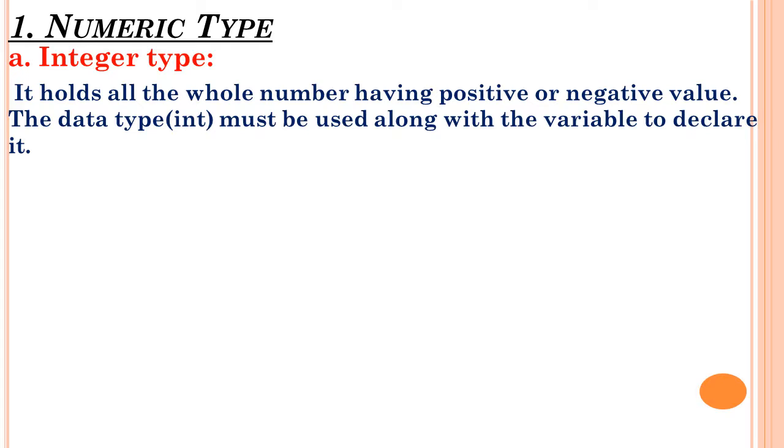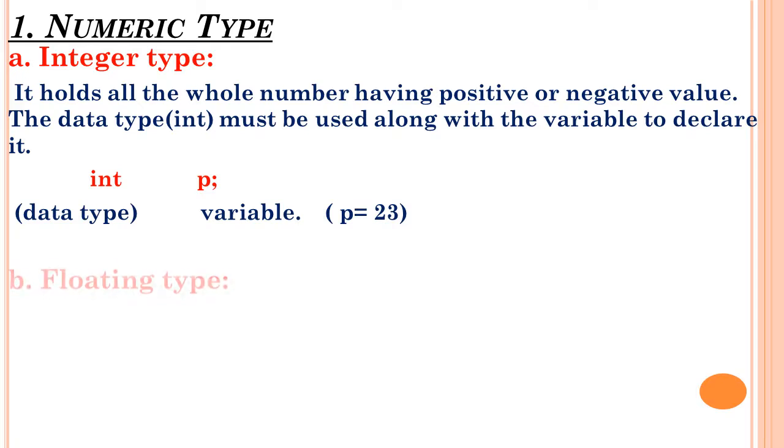If you are going to store a whole number in a variable, a is a variable, right? If it is an integer type, without a fractional point, you have to use the data type along with the variable as int. How to write that? We have to write like this: int p. What is the meaning of int here? Int is the data type. What is the meaning of p here? P is a variable. What kind of value will p store? P will store an integer value without a decimal point, either a positive or a negative number. For example, p equals 23.